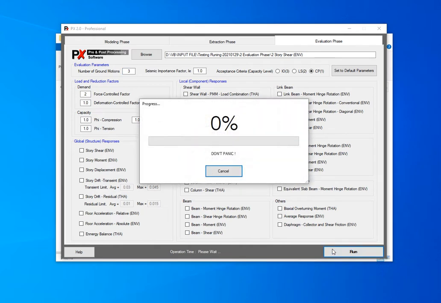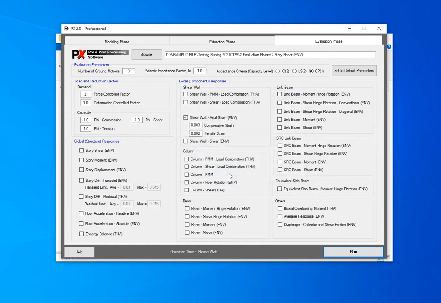Click run. In this sample, they have many locations of shear wall axial strain. It will take a long time to run. As always, the values need to be summarized in Excel. This one takes more time because the path is still not correct.